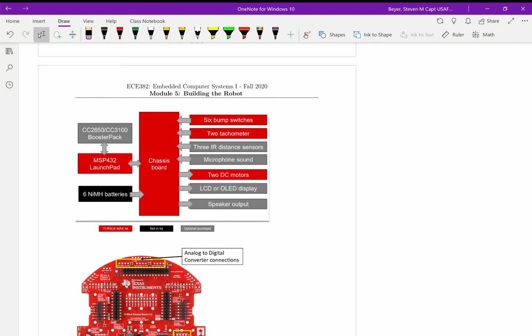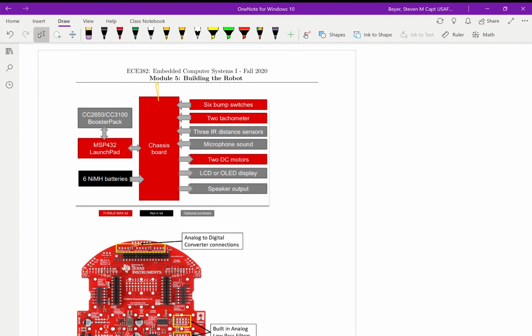All right, so what's going on here? Like I said, we have the chassis board. So this is more of a graphical representation of the actual chassis image here. And so the MSP432 is communicating, sending signals, the chassis board is facilitating those signals getting to where they need to go. So we have the MSP432 and our batteries. Those are going to the chassis board, and then we're not going to use speakers. We will use LCD. We're not going to use microphone, but we will use the 3 IR sensors. We have our 2 DC motors, the tachometers that are on those motors, 6 bump switches, and then we also have, which is not listed here,